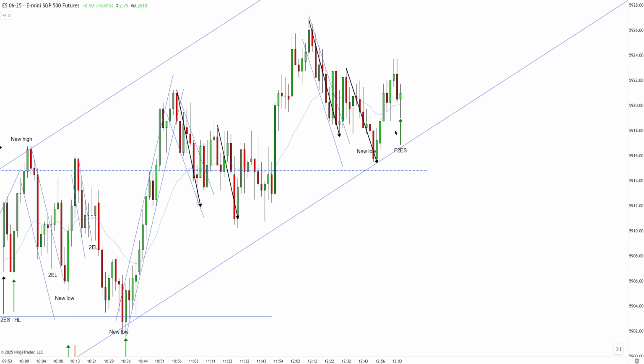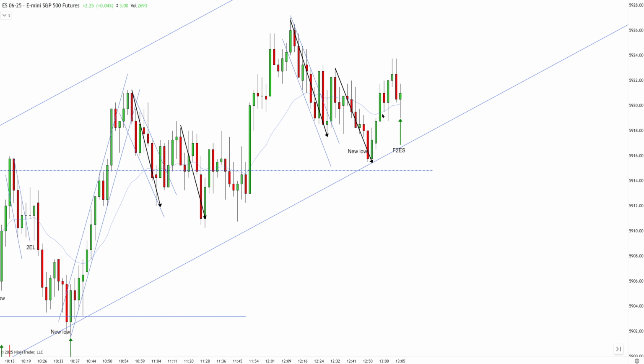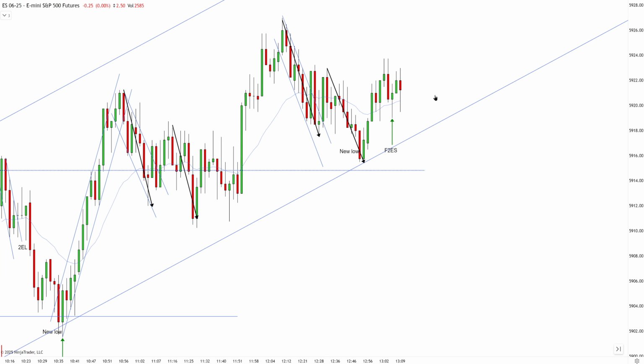I like taking this failed second entry short because downtrend played out, we bounce off the trend line, you expect a brand new push wave to start. It is a little bit sideways, you can tell there is maybe potentially resistance. Very sideways here, very sideways, but it is a decent failed second entry short to consider, and I had a